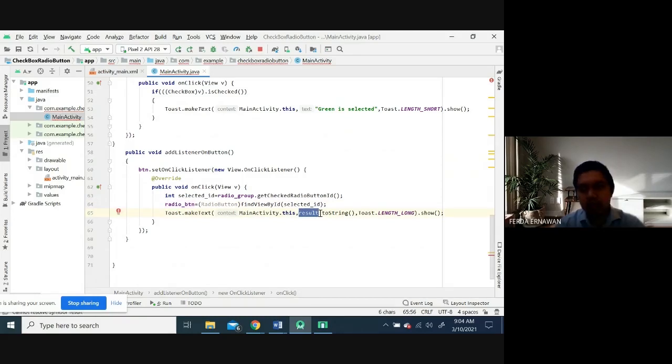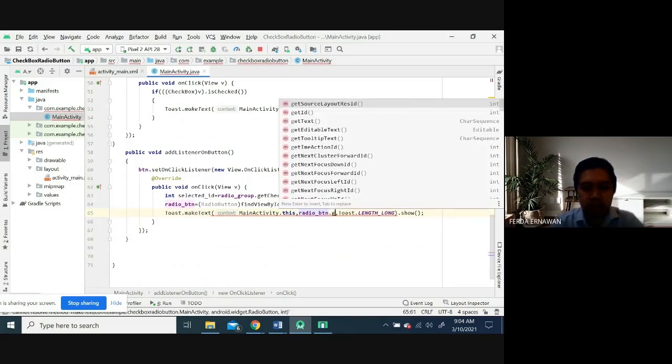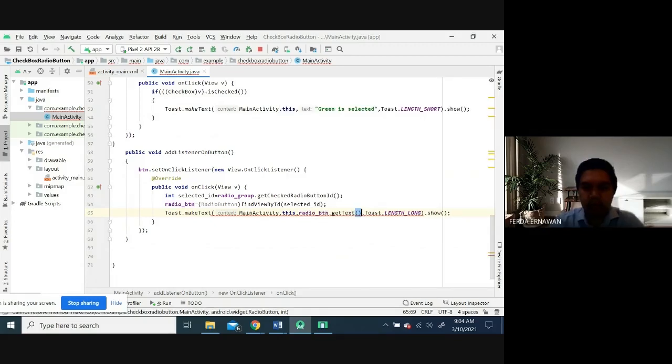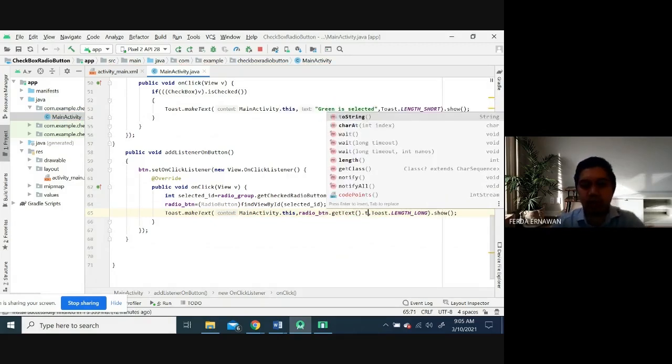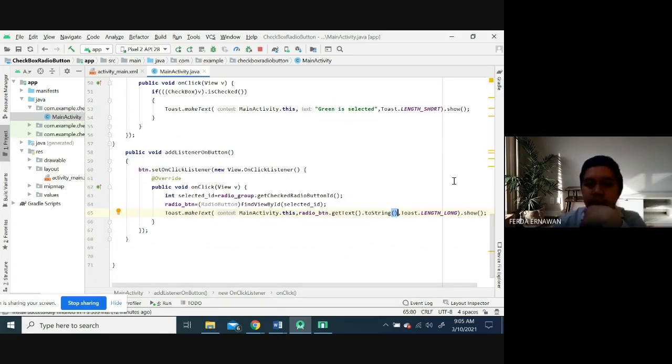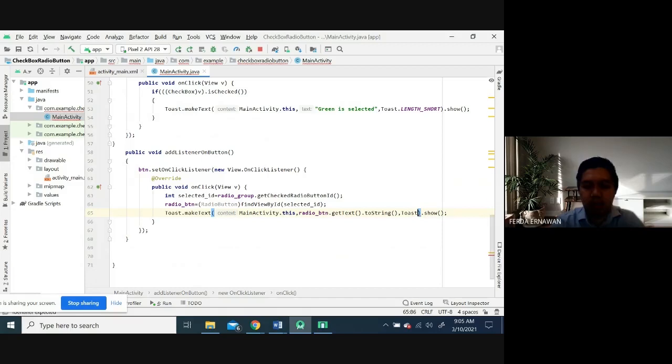Radio button, get text, toString. Okay, display, line short. Long.